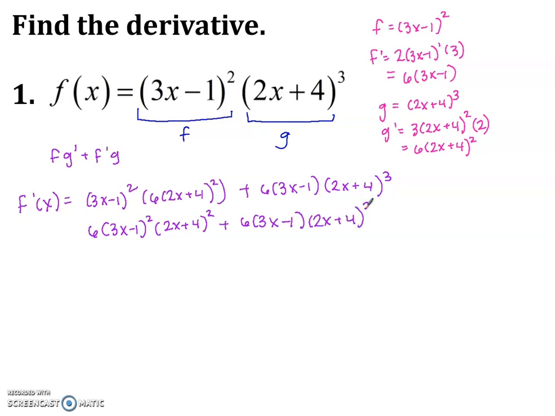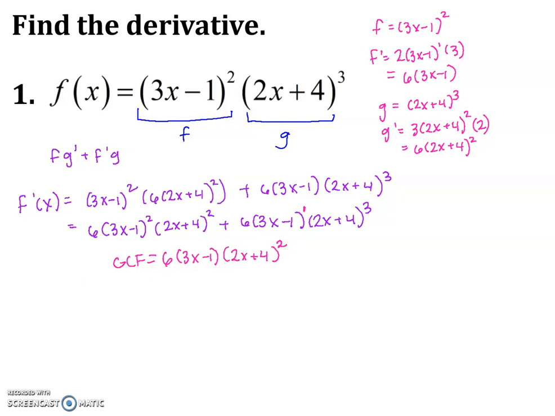Okay, and then from here, we need to take out the greatest common factor from this term and this term. Okay, so on the product chain rule, you always need to take out your GCF. So with my coefficients, I can take out the 6. With the 3x minus 1, the smallest exponent is to the first power. So you can always GCF out whatever the smaller exponent is. And then with the 2x plus 4, this one's squared, this one's cubed, so I can only GCF out 2